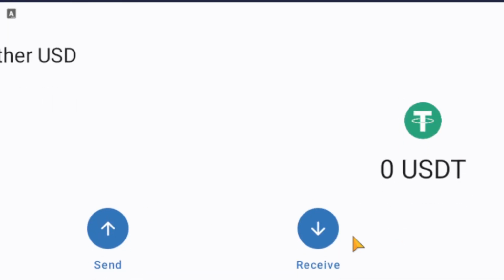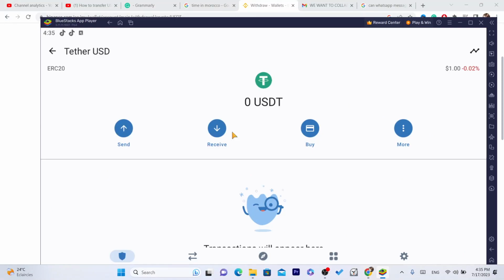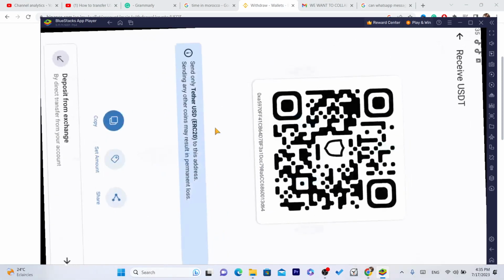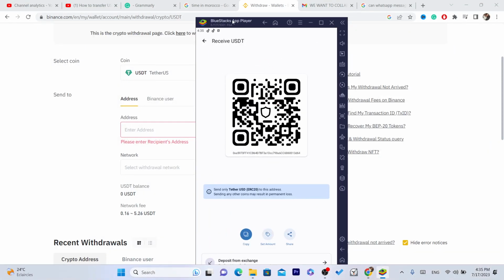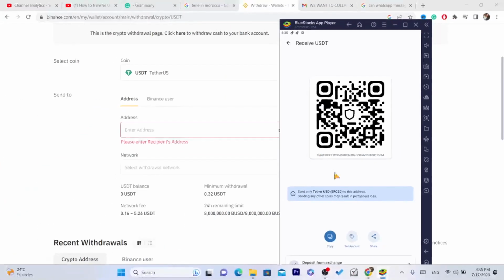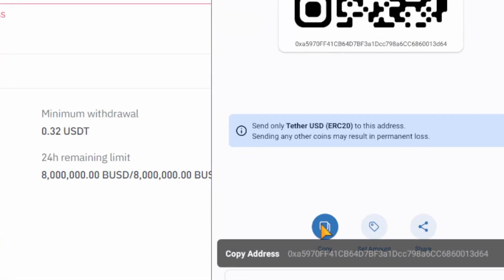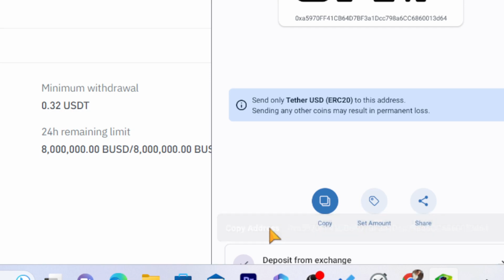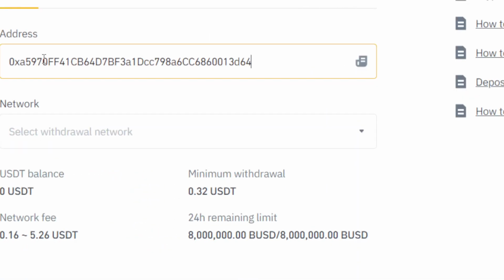All right, and now you want to click on receive, so that you can get the wallet address. So this is your wallet address. Now we want to click on copy. As you can see, it says here address has been copied, and now you want to paste here the address